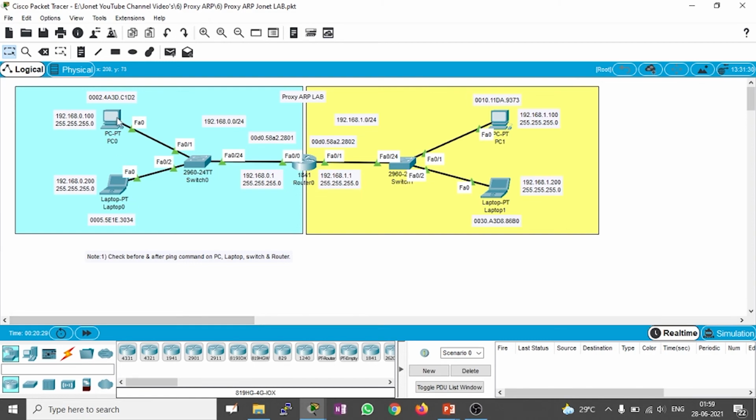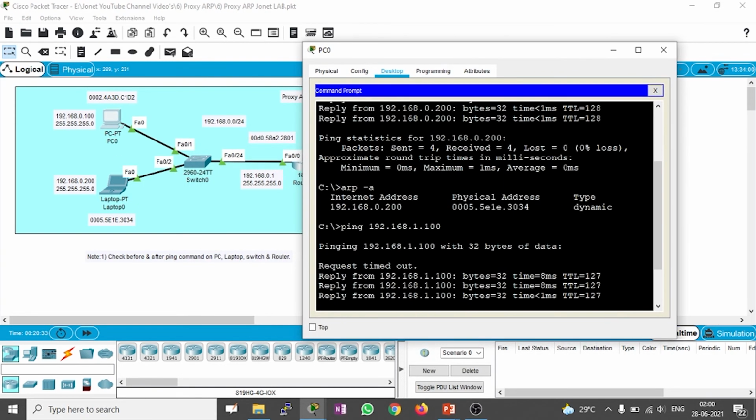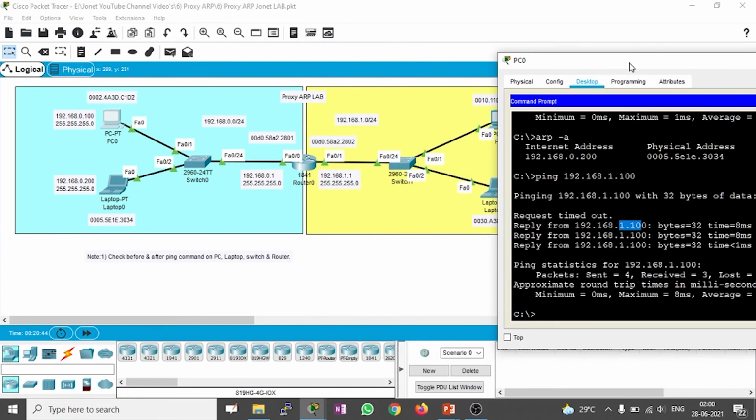Now go to PC0. Now you can get the successful reply. Now 1.100 is reachable from the 0 network.